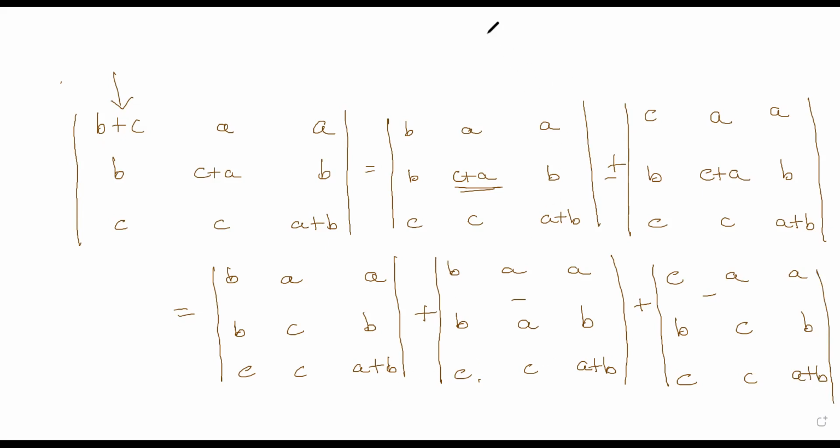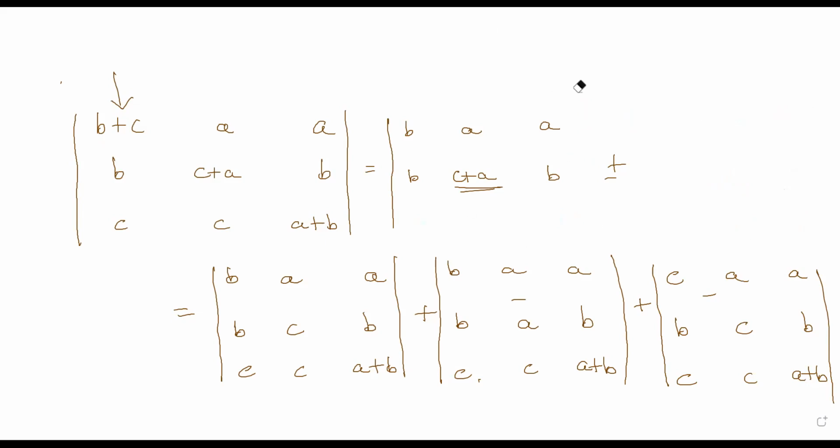So that I will rewrite here. Now you are getting, I hope, what I'm doing. The C plus A I'm splitting once again. And again, here the fourth piece I will get. But A plus B you didn't split. A plus B I didn't split. A plus B split will come later. This splits again into 2. This splits again into 2. And the next one splits again into 2.